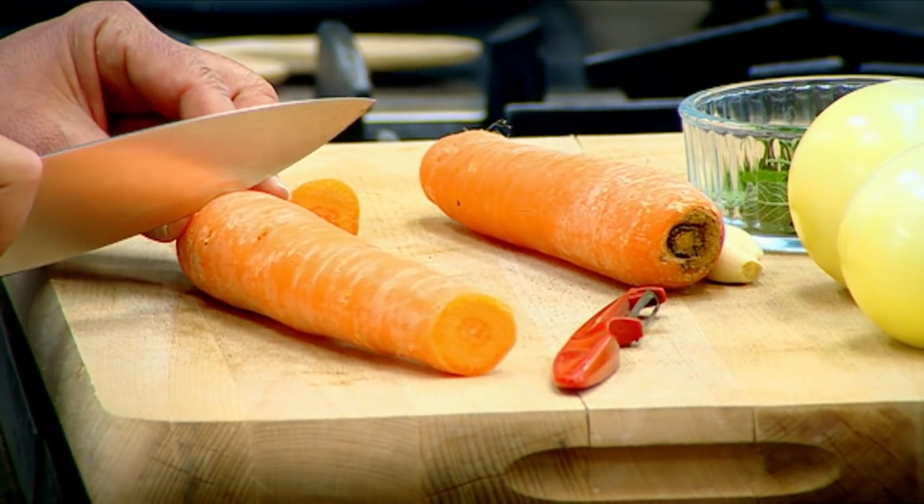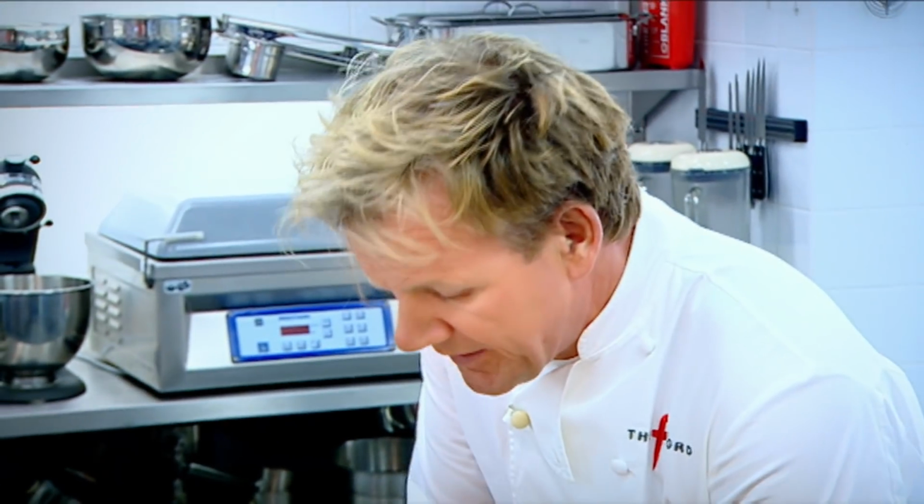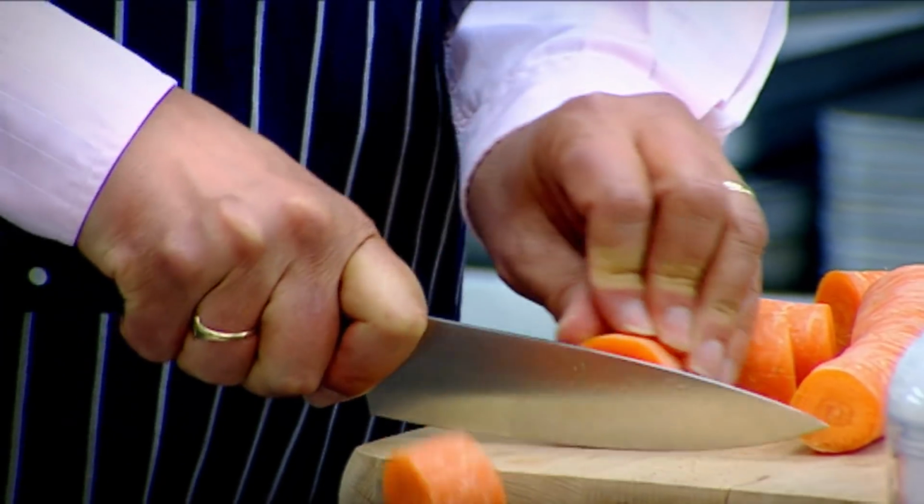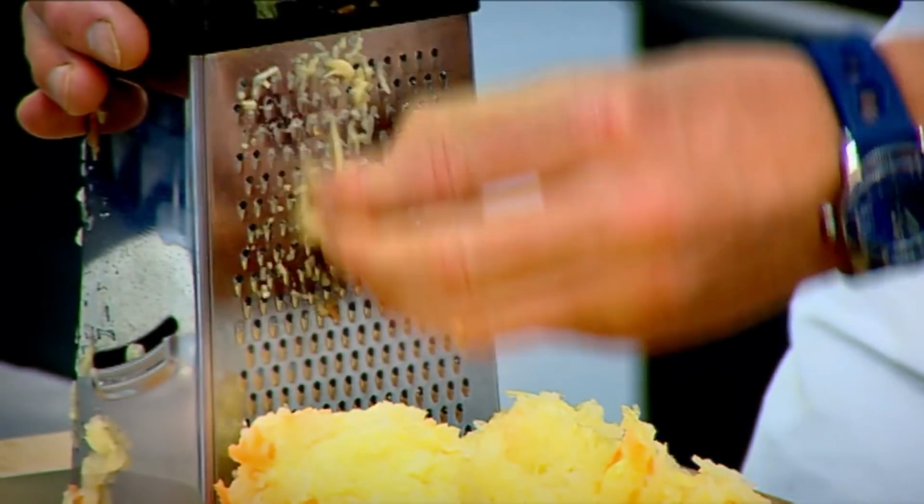The recipe is that I'm chopping the carrots and then I'm going to put those in with the onions in a little bit of olive oil. David's chopping his vegetables. I'm going to grate my vegetables first, the carrots, the onion, the garlic, saute them off in a little bit of olive oil so they sort of thicken to an almost puree,